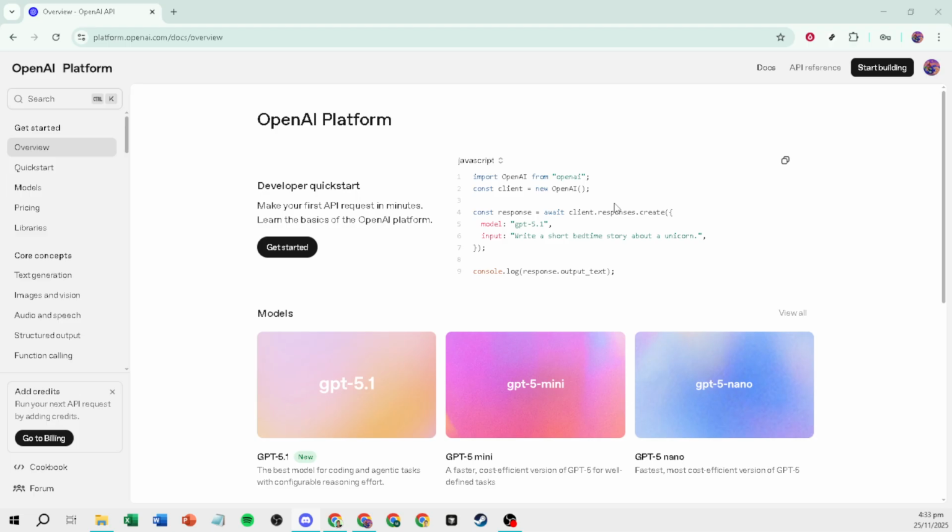First, you'll need to log into your OpenAI account. If you haven't done this before, head over to the OpenAI platform website and enter your login credentials. Once you're signed in, you'll find yourself on the dashboard. This is your central hub for managing your OpenAI projects, and from here, we can access the section needed to